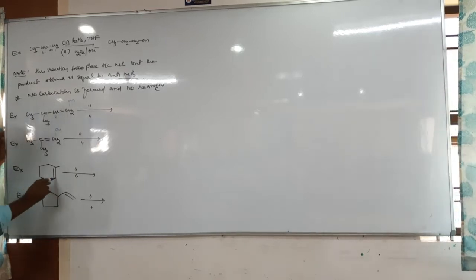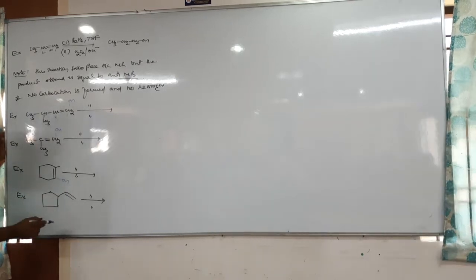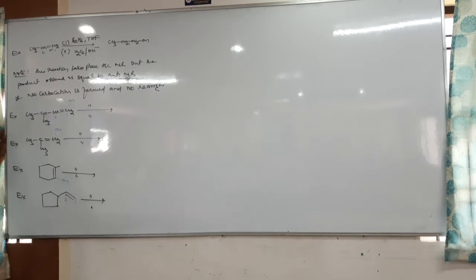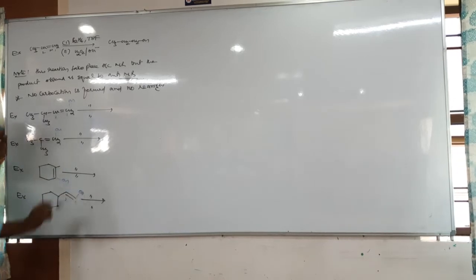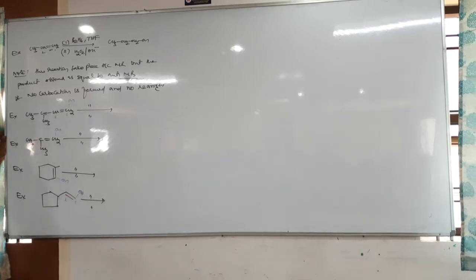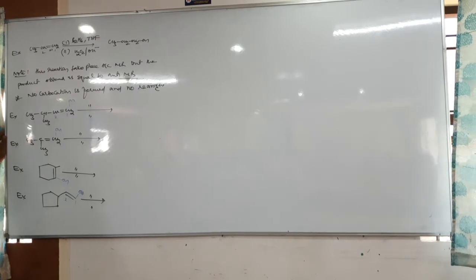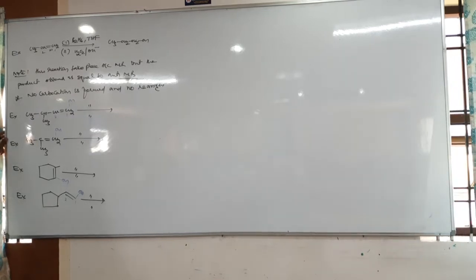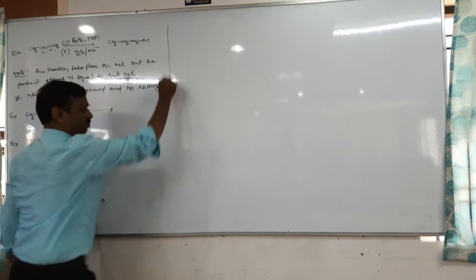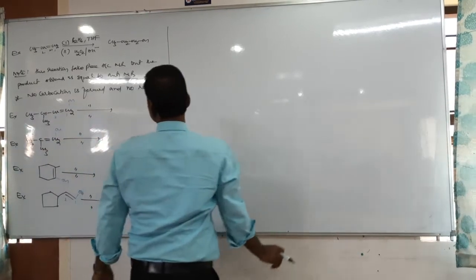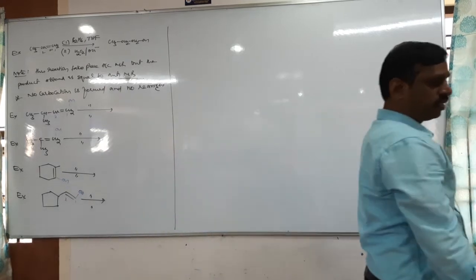Next. Here OH, no? Here. 1, 2. Ring expansion possible? No carbocation. Where is the question of ring expansion? Okay. So it is a second